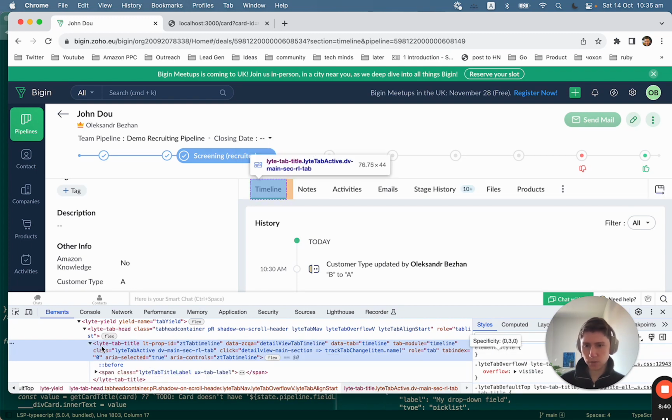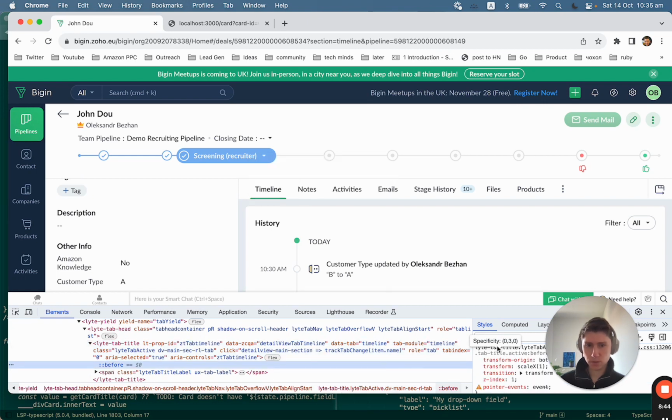So it's like a container which has position, z-index, content, position at the bottom. Okay, so it's like an element which is positioned at the bottom,